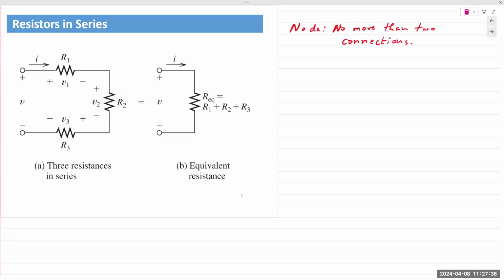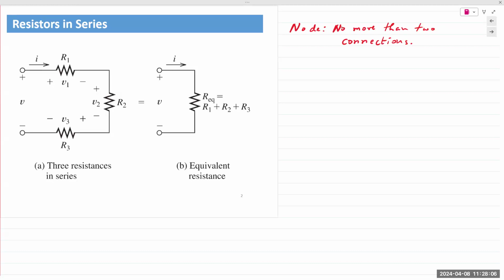No more than two connections. So you could have a resistor connected with another resistor. A resistor could be connected to a capacitor, to an inductor, doesn't really matter what component it is. But if they are connected at one single junction with no more than two connections, meaning there is no other component connected at that junction, then those components are said to be in series. When it comes to resistors in series,